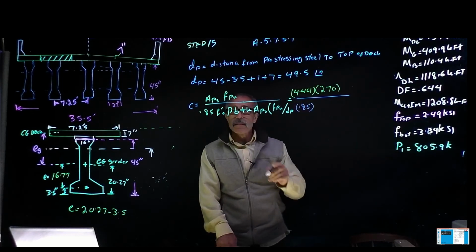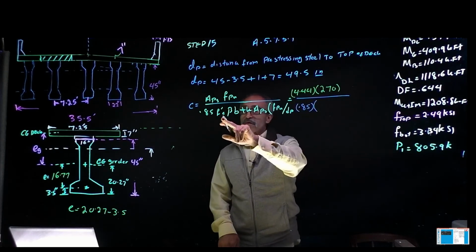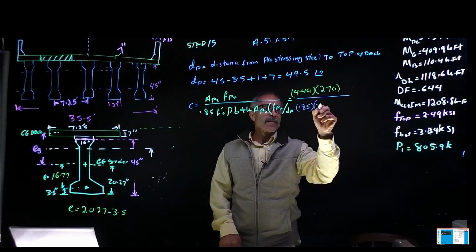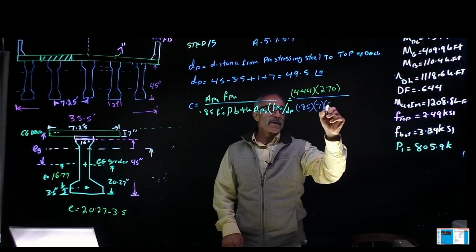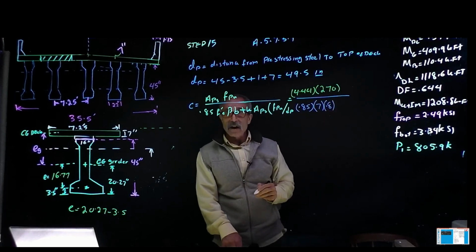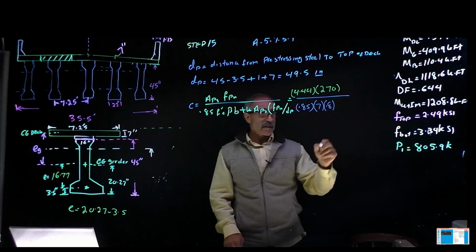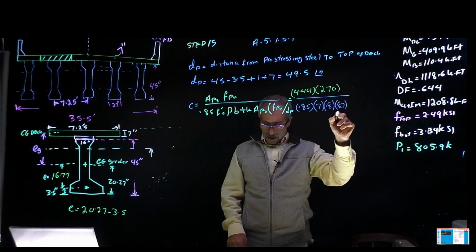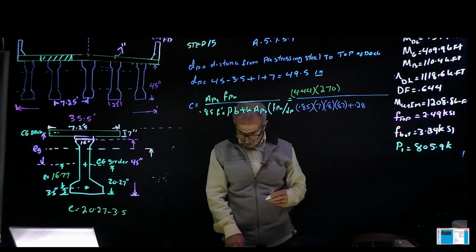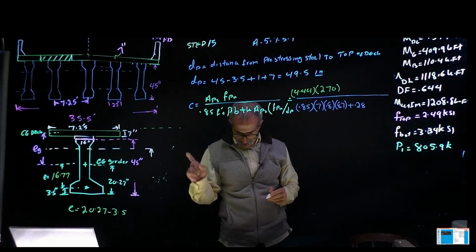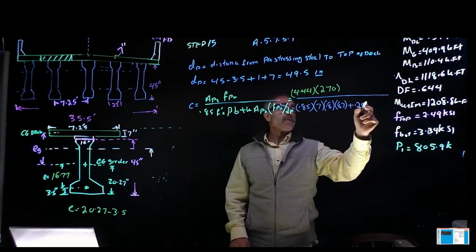0.85 times 7. We said we're going to use 7 for the concrete, or we can use 5. Either way, I'm going to use 7 for now because I changed my mind halfway through. Times 0.8, beta is 0.8 according to this spec. And then we have b is the width, which is 7.25 times 12, which comes out to 87 inches. 87, and then plus 0.28, that is the k from the table of 5.7.3.1, times 444